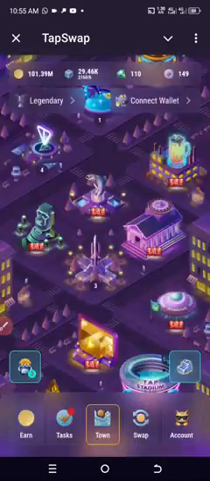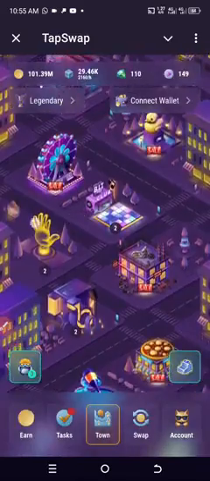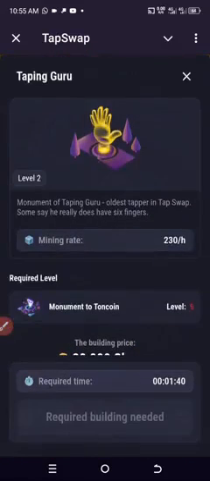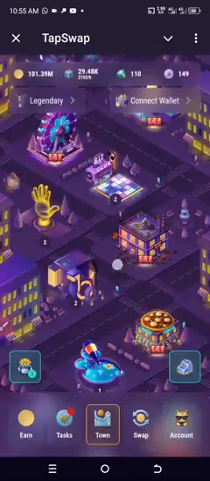So I'll go back to Tapping Guru. Here is the Tapping Guru. You know it by the show of that hand. And I already have 2 levels in this Tapping Guru. So they said it's level 9. Now, to get Tapping Guru to level 9, I will spend 20,000 of my coin to get it. Meanwhile, it will also require me to get this Monument of Stone coin, this guy, to level 5. So I'll go to Monument of Stone coin,